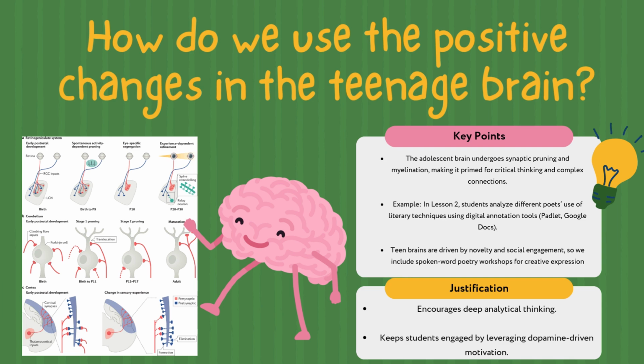I would also incorporate performative elements such as spoken word poetry, as teenagers are driven by dopamine and risk-taking. And as Daniel Siegel says, teenagers have increased release levels of dopamine. This performative element allows for a safe risk-taking practice like public speaking to be engaged with by certain students, as it is something new. This also enhances students' ability to engage meaningfully with poetic language like rhythm and expression, furthering the cognitive and social